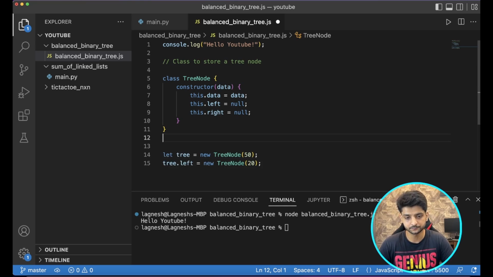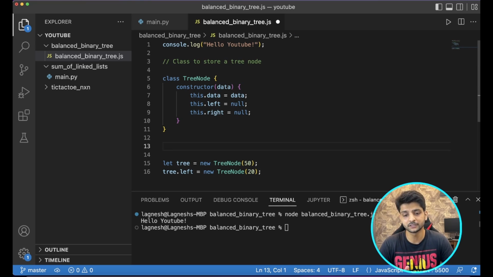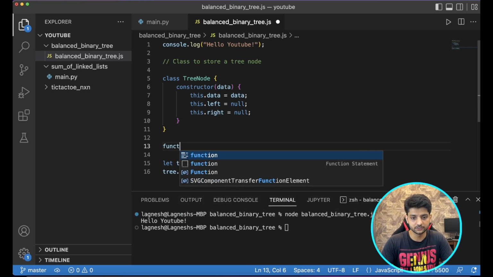Apart from this class, we need a function that's going to help us in knowing whether a tree is balanced or not. And what that function is going to do is it's going to do two things. One is it's going to give us the height of that tree from that node. Like if we are passing the root node, it will give us the height of the tree. If you're passing it any child node, it will give us the height of that node. Apart from giving us the height, it will also tell us whether that node is balanced or not. So to know if the complete tree is balanced, we should make sure that each node is balanced. So let's call that function